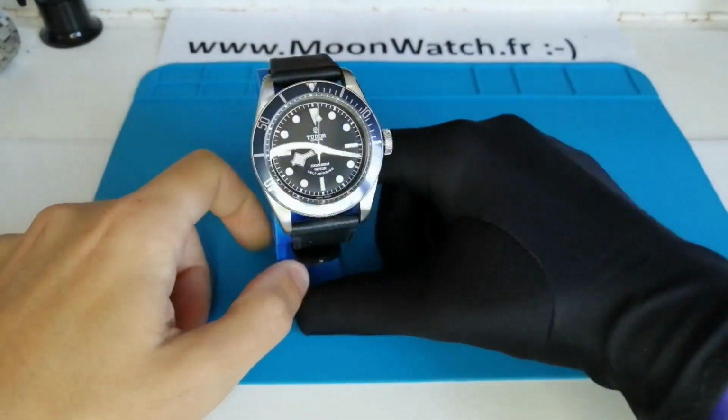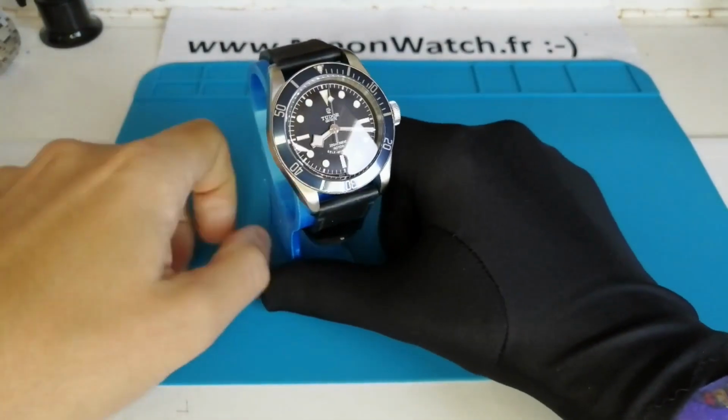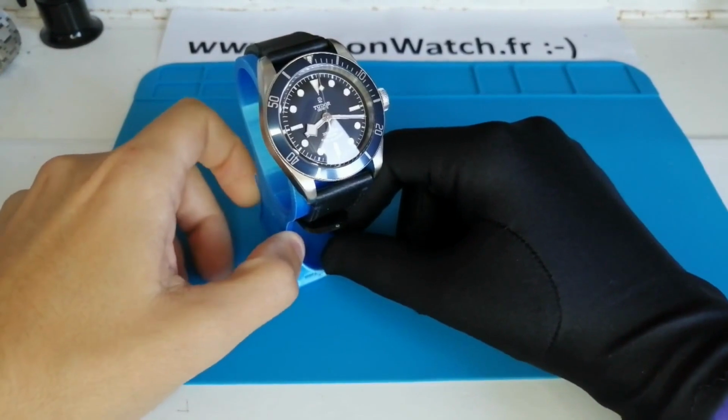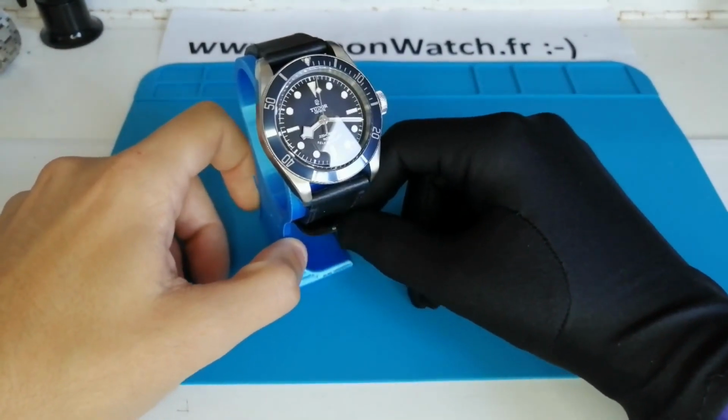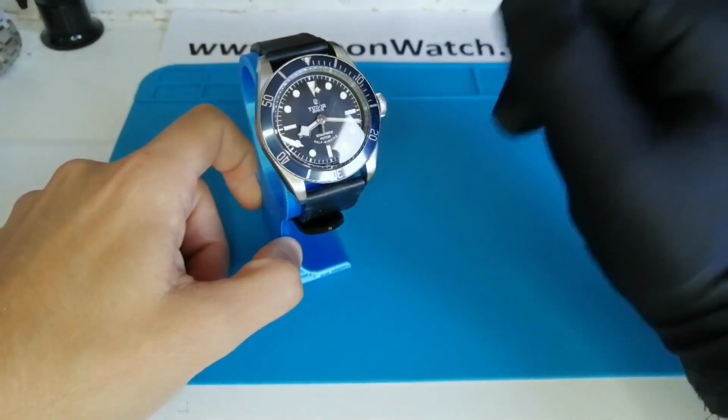www.moonwatch.fr. Today I am offering you a review of a watch that everyone knows. It is often one of the first purchases when you want to treat yourself to a beautiful Swiss watch. It is the Tudor Black Bay, in this ideal smiley version which carries the reference